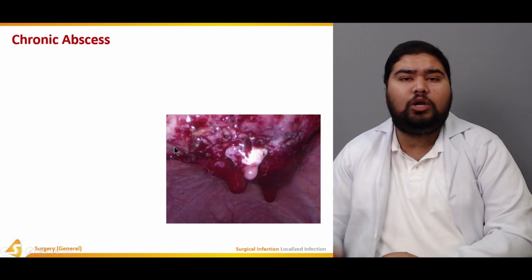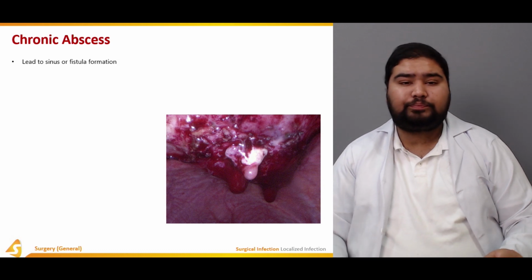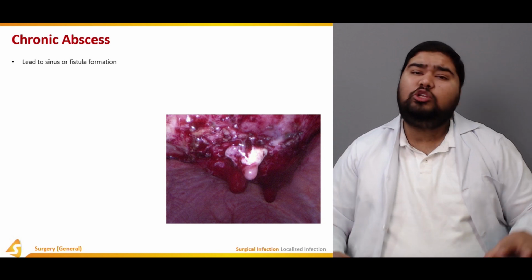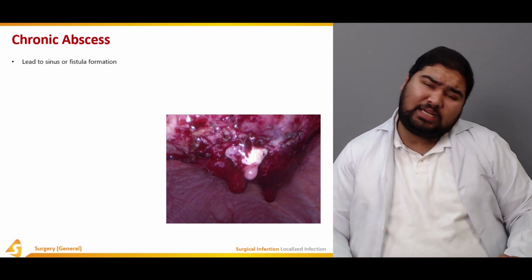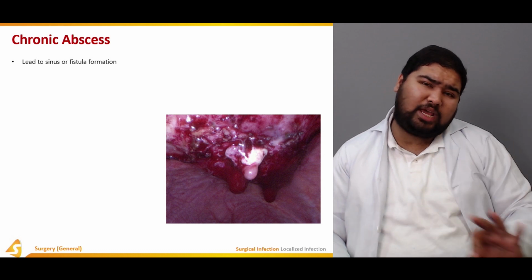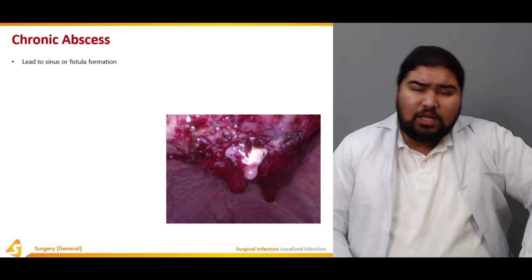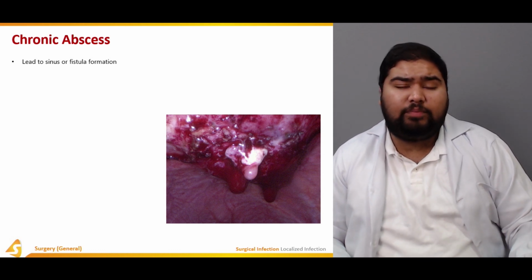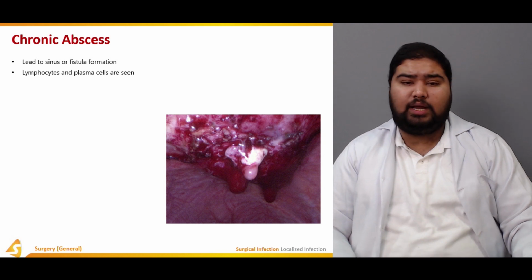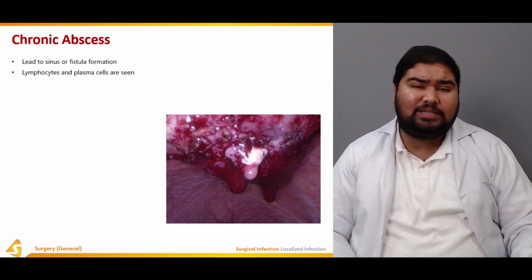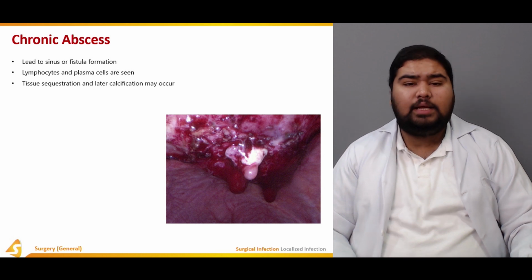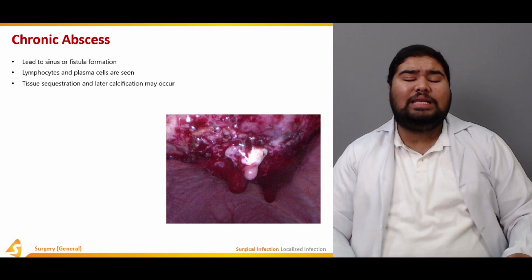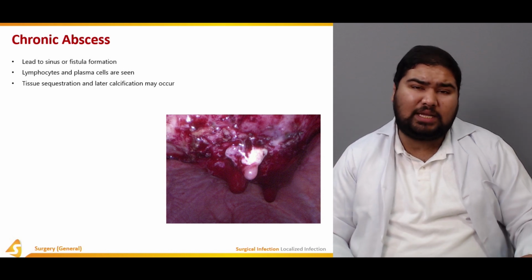So what is a chronic abscess? A chronic abscess leads to sinus or fistula formation. The abscess has been there for quite some time. Now it keeps on trying to drain through the path of least resistance through a skin opening. This skin opening might lead to formation of a sinus or a fistula. Now lymphocytes and plasma cells are seen in a chronic abscess. There's tissue sequestration, that is, tissues are trapped, and there is later calcification, which can be seen on imaging as